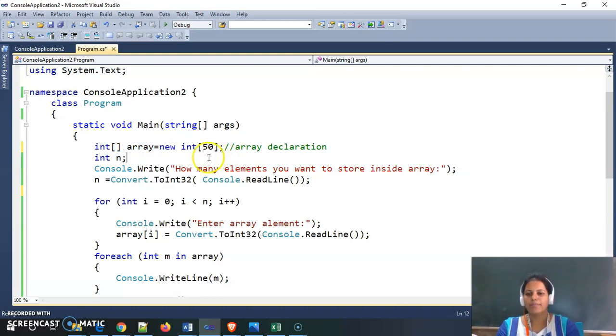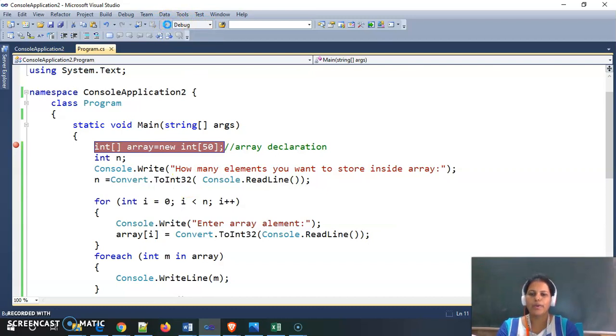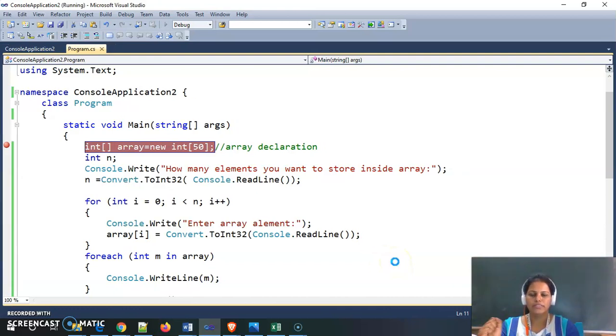Now what happens, see here, if I put a breakpoint here and run my program, inside local memory I am declaring the size as 50. Instead of allocating memory dynamically, I am allocating memory to this array statically. There is no dynamic memory allocation, only static memory allocation. Now my program is compiling and there are no errors.